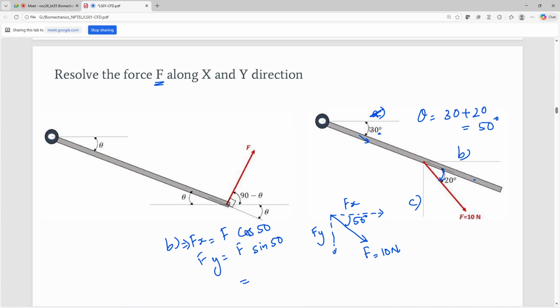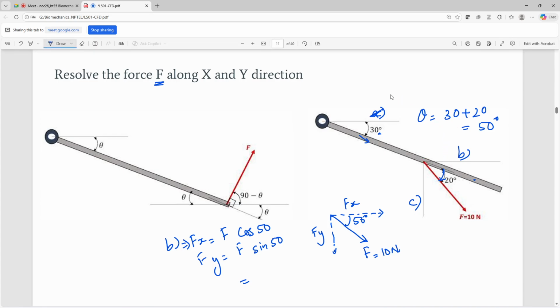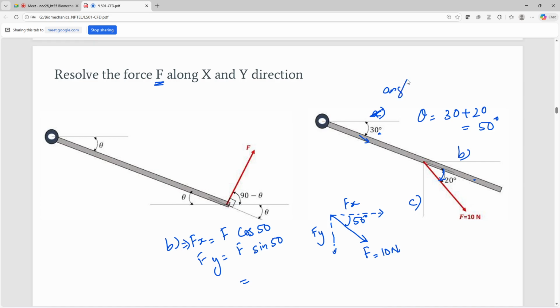For that, the angle is given in two steps, that is the rod is rotated at 30° and the force again is rotated at 20° from the rod. So the total angle of rotation of the force with respect to horizontal, the angle with respect to x direction,